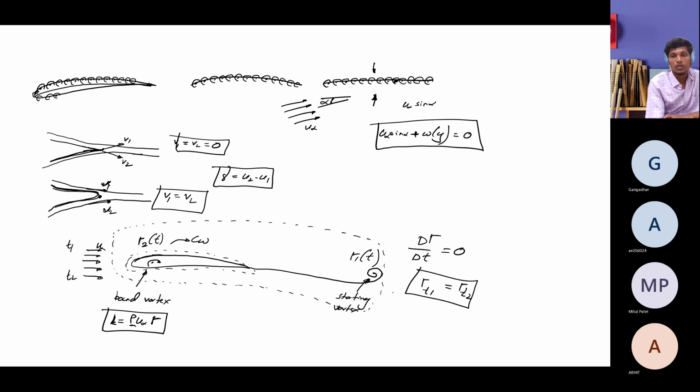But according to the Kelvin circulation theorem, your circulation should not vary. This should be compensated by some other vortex in the flow field. That is what we call the starting vortex in the flow field. You can see this experimentally also in any YouTube videos. I will show this starting vortex and bound vortex, or stopping vortex also, in upcoming lectures.